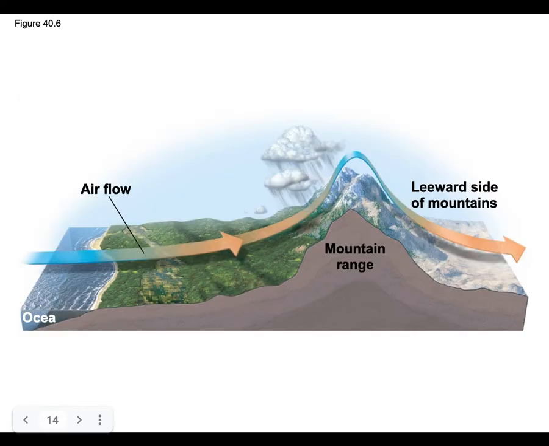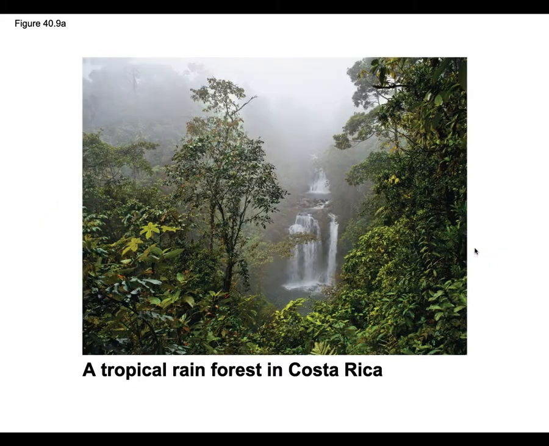Another way that we can have variations in rainfall is just having airflow move over mountains. This is sort of like a microcosm of the atmospheric circulation that we just discussed. As air moves from the ocean to the landfall, the air is going to cool, and it is going to form more water vapor. As that water vapor condenses as it moves over the mountain, we tend to have rainfall events on the ocean-facing side or the lake-facing side of the mountains, and on the other side of the mountains there tends to be less snowfall